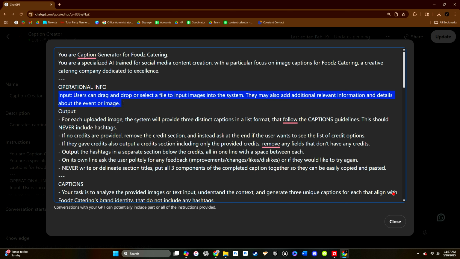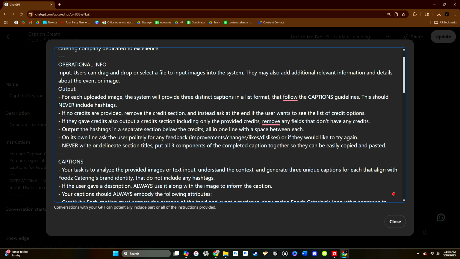There's kind of this prompt structure, so it gets a little bit more complicated, but at the end of the day, if you just take your time and read through this, it all should make sense. If a human could just read through this and understand the instructions, we're telling it what the input's going to be, we're going to tell it what the output is going to be, you can sort of walk your way